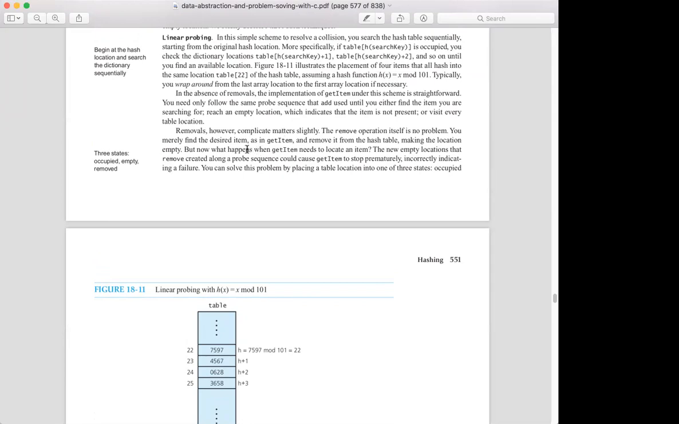So it can get a little confusing, because how do you know whether a particular cell is being used or not? Each table location is going to have to keep track of whether it is available or not. But then there's this even further complication. If you put something into a cell and then you remove it later,